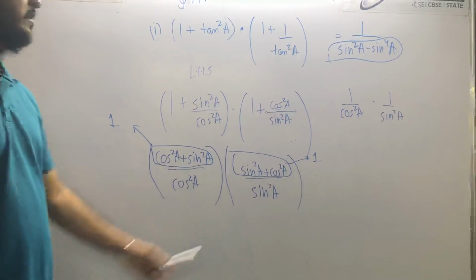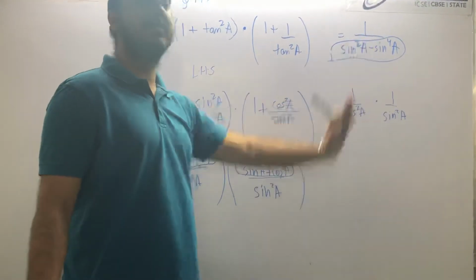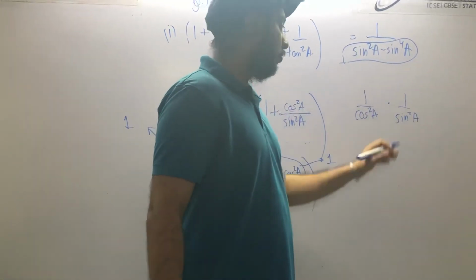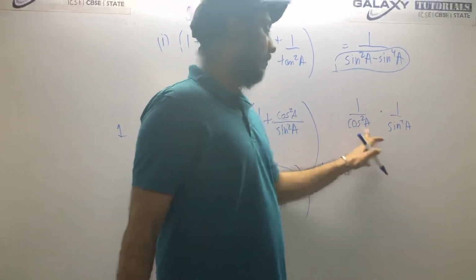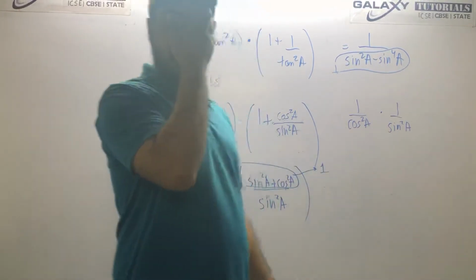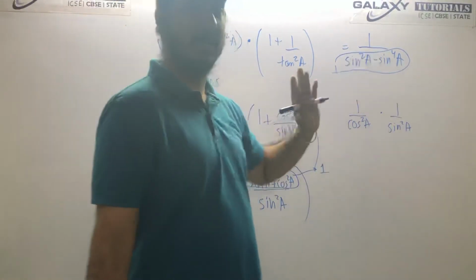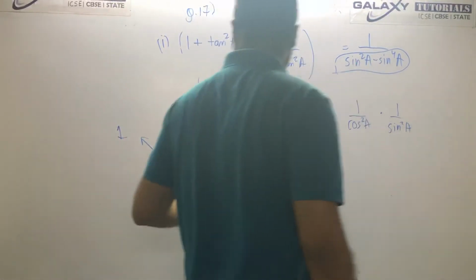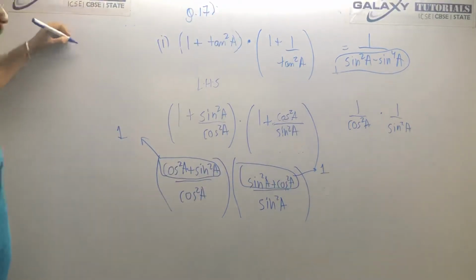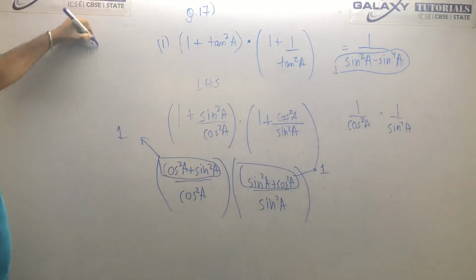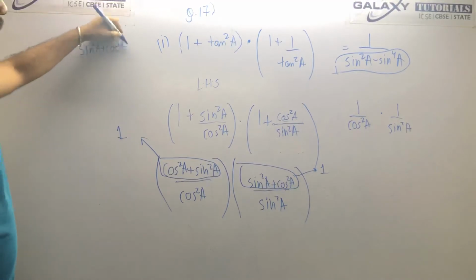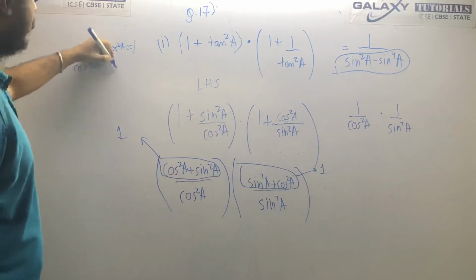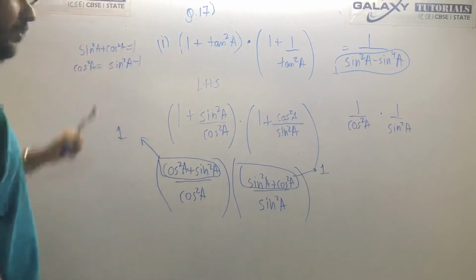Now look carefully. What is on the right side? Right side it is sine square a minus sine raised to the power 4a. Left side it is cos square a into sine square a. You already have one sine square a, but there is a cos. So you have to convert this cos also into sine, because on the right side you are only seeing sine. How can you convert this cos square a into sine? You know that sine square a plus cos square a is equal to 1. So cos square a will be sine square a minus 1.